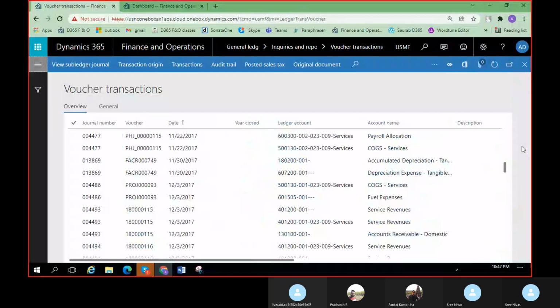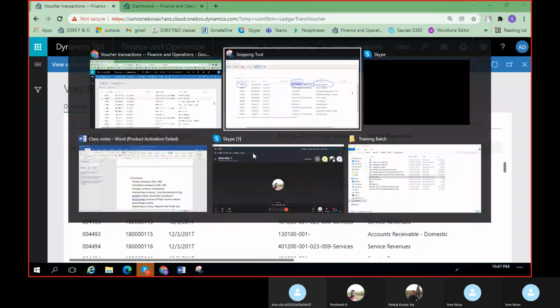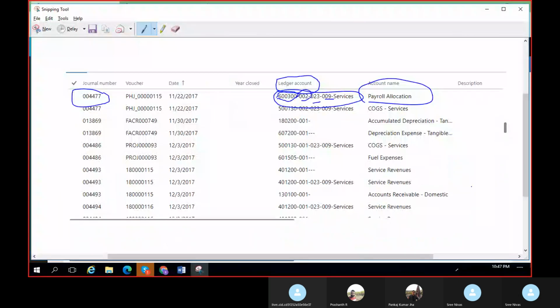Even though you might know it, now if I open this voucher transaction and explain, it is easy for you to understand. But being a consultant, we should know everything: under which screen, what type of transactions we can see. This is a practical one. Yesterday itself, my friend got to know immediately. Practically, even I could not remember immediately, but the moment I saw this, it was something related to general ledger, so we started exploring and found it is under inquiries and reports. That's the reason you should remember.